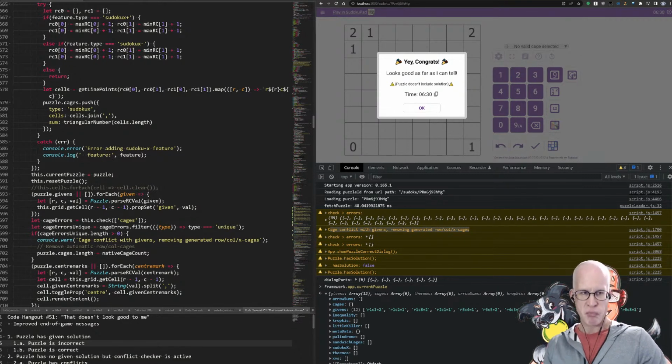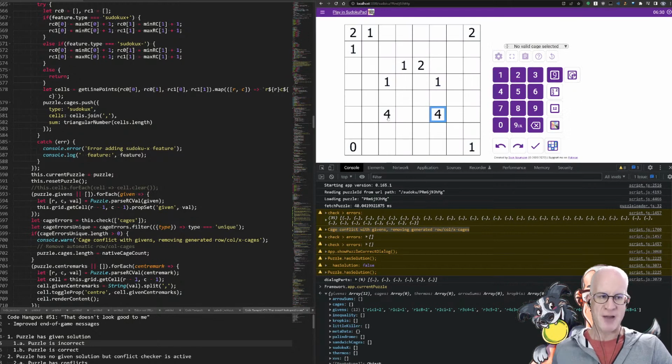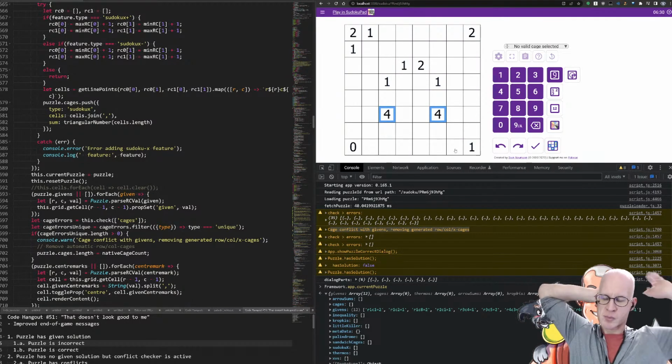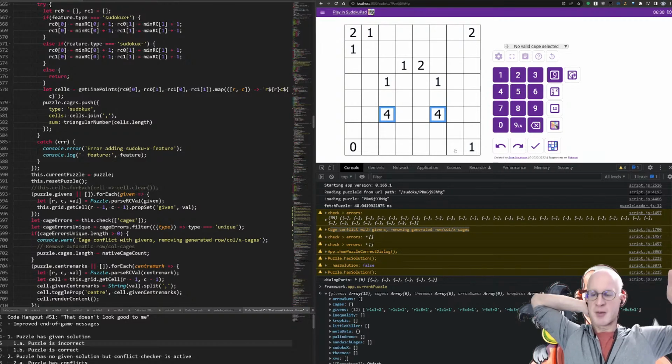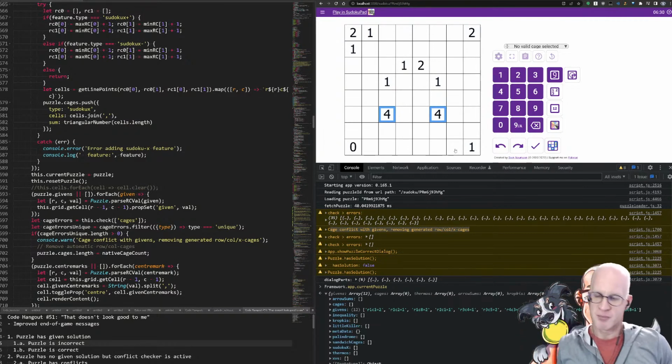Well, this puzzle violates standard Sudoku rules, right? But I don't know what this puzzle is. So what's my checker gonna do? You can't check for rows and columns because the givens already violate the rows and columns, right? In fact, previously the problem was that the checker just always marked this as invalid. So you open the puzzle blank and it already said, hey, there's errors everywhere, right? And that's, of course, less desirable than just not saying anything. But right now, it doesn't actually know this.